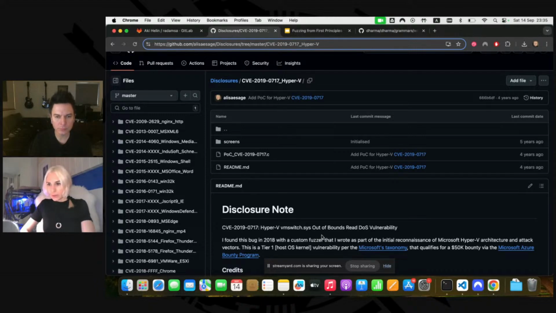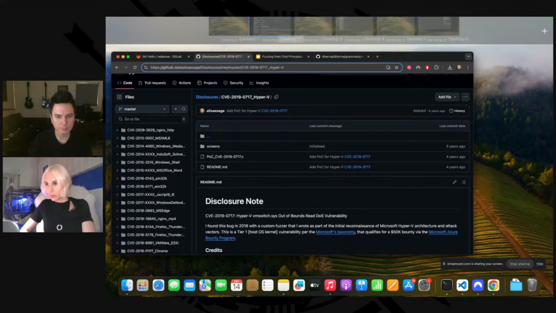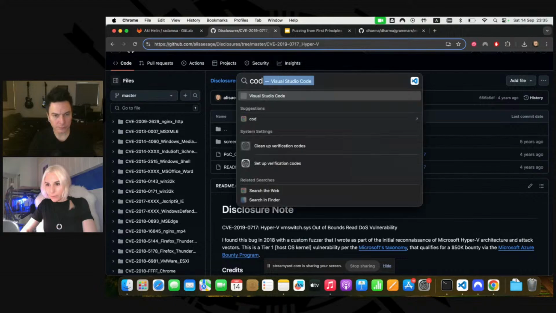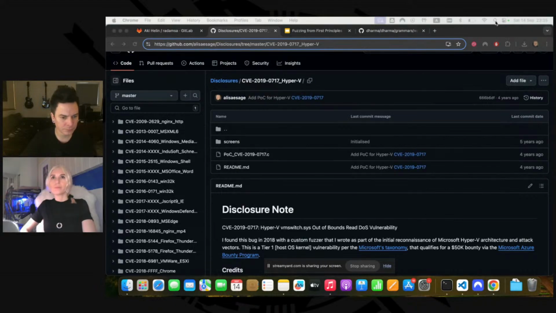Let me open some code to make it more visualizable. I'm going to show you the code of the driver module of the virtual network switch that runs inside of the guest virtual machine, the specific code that I hacked my fuzzer into, and what specifically I did and how it worked.